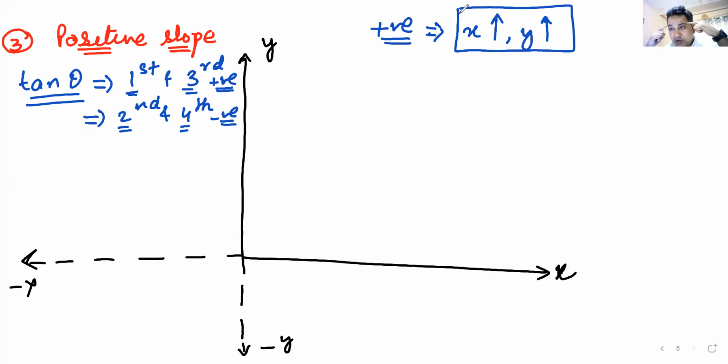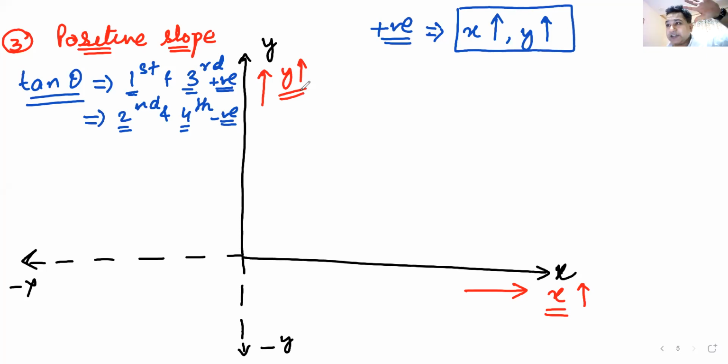Now, again, some common sense will apply and we'll try to understand what is the meaning of x increasing. Look at here. If we are going like this along the direction of my arrow, red direction, that means x is increasing. The red one means x is increasing. Now what will y increasing mean? If we are going up like this, y increases. Going up means y increasing. Going right means x increasing. Correct?